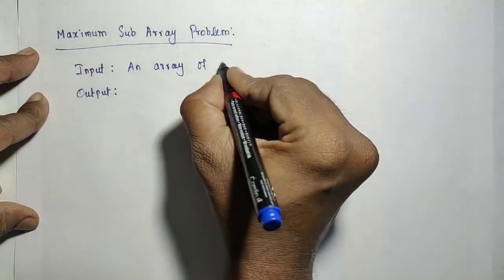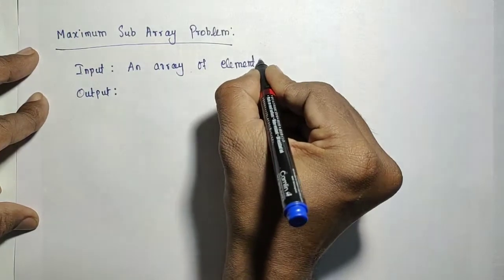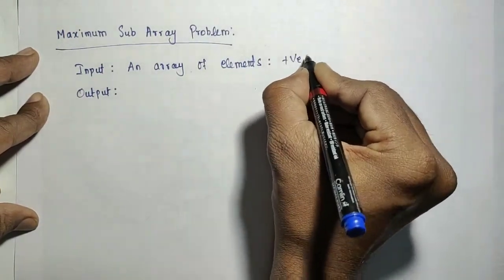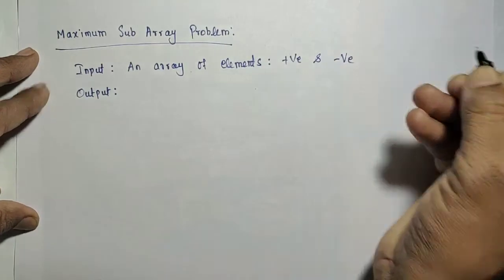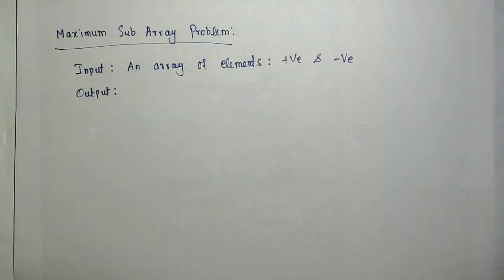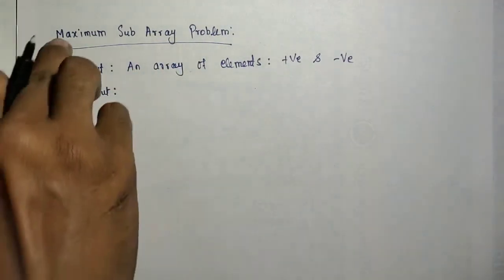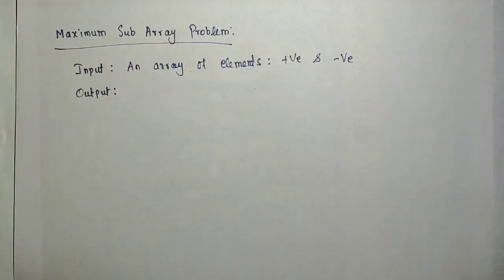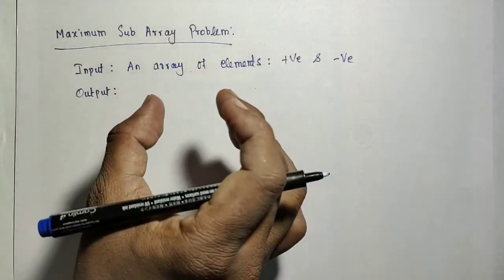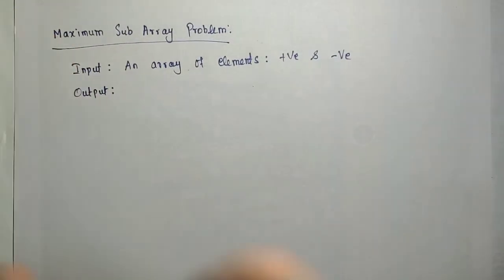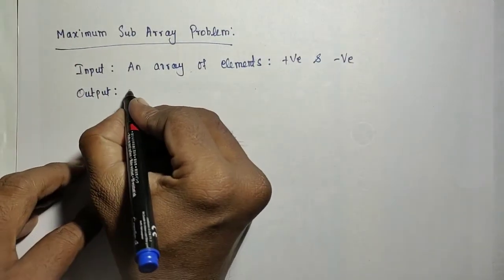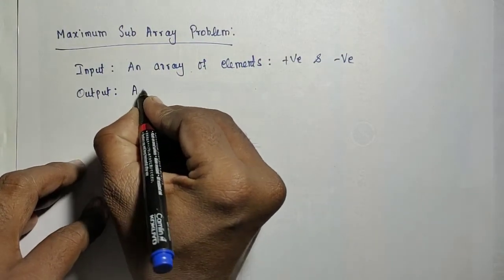Array of what? Elements. Both positive and what? Negative. Okay, both positive and negative elements. So what you have to return is the maximum subarray. Subarray means what? A sub-array from the main array. And what is the meaning of maximum? We need to obtain one subarray whose sum of elements should be the maximum. That's all. So the result will be a subarray